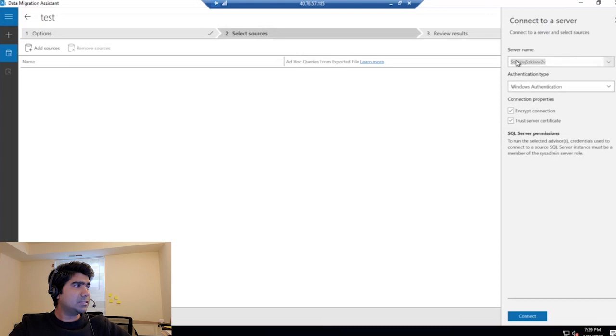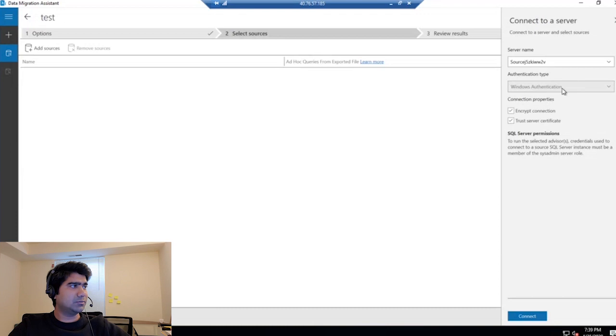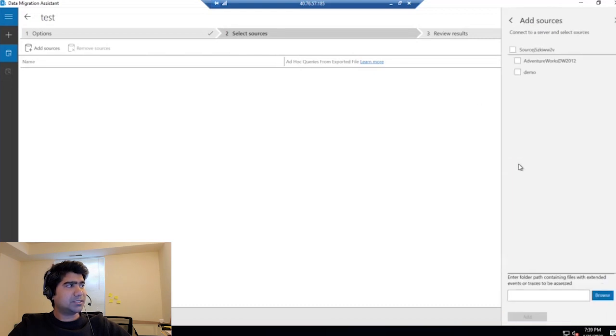So let's click on Next. It will ask you for the server name. Because I had already provided it, it is coming in the drop down. If you do it for the first time, it will be blank. You need to enter it manually, and then you can select Windows Authentication, SQL Server Authentication, whatever is the option for you. I'll go with Windows Authentication. I'll select these two options, Encrypt Connection and Trust Server Certificate, and click on Connect. Once you click on Connect, it will show you the databases which are available on your source server. So I'll select only this one, add,